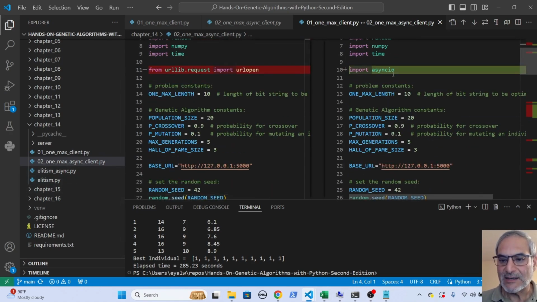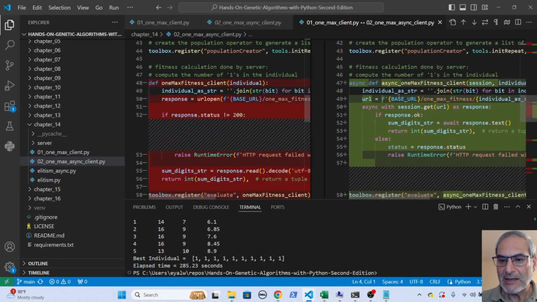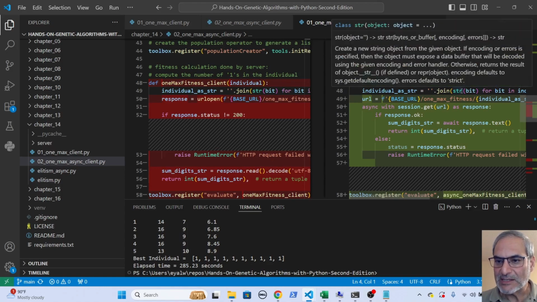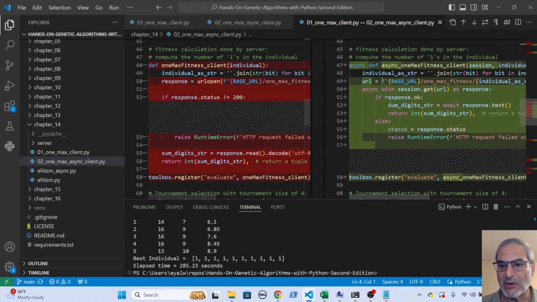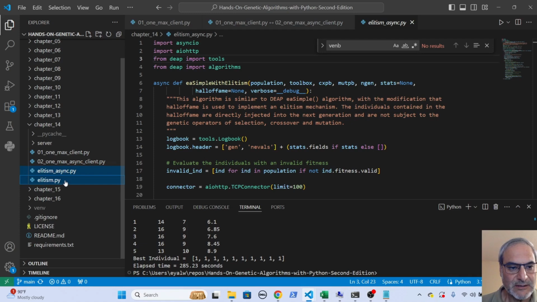We use async I/O, and then we see here that the definition of the max fitness has changed, and there is some session, and we again call the same URL, but instead of using URL open, we use the session with the async, etc., and you will see more about it in the book. But this part of the communication differs, where we calculate this, and if we want to compare this to this, this is where the